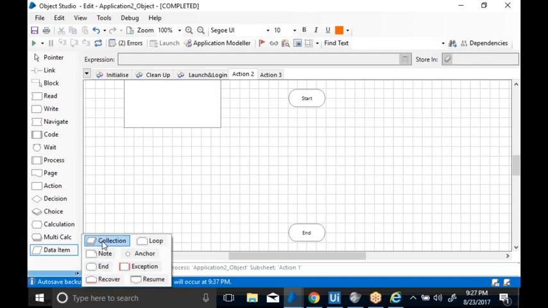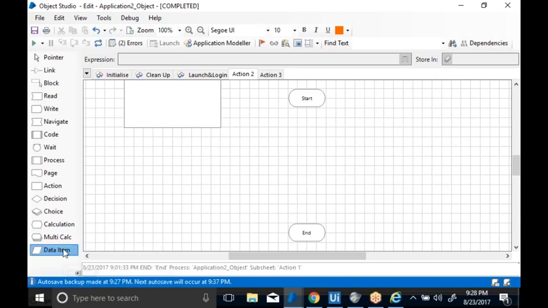After the data items you have the collections. A single value can be stored in a data item, but if you have multiple values, a list of values like an array, or values in rows and columns, where you store them is called a collection.